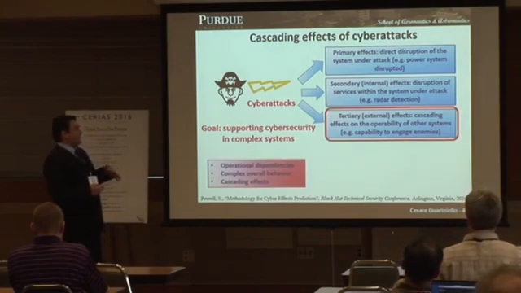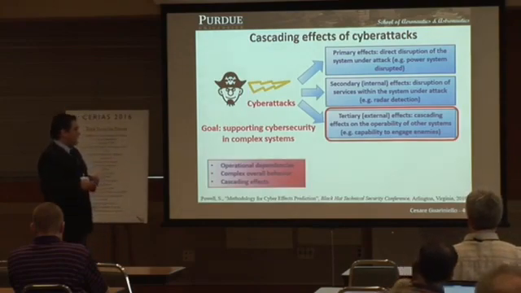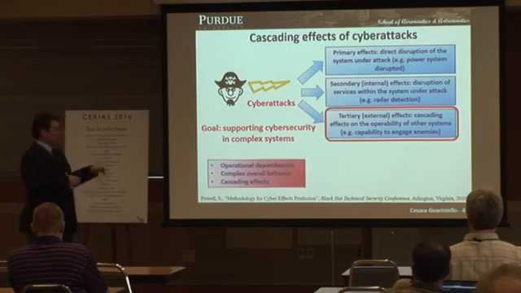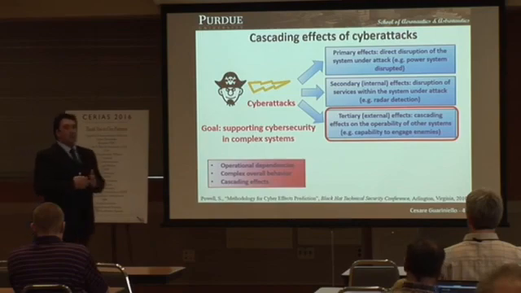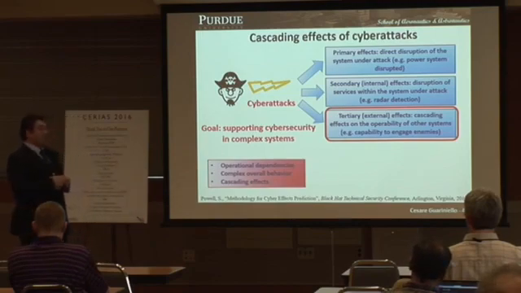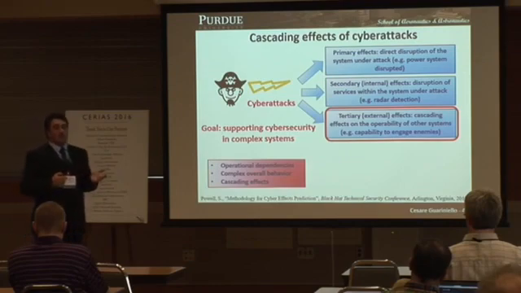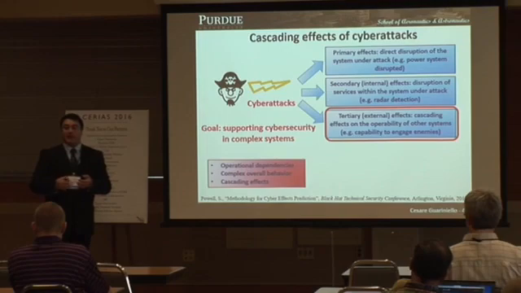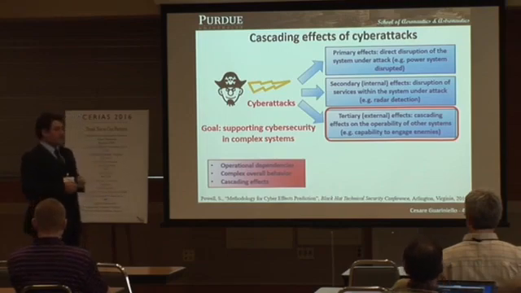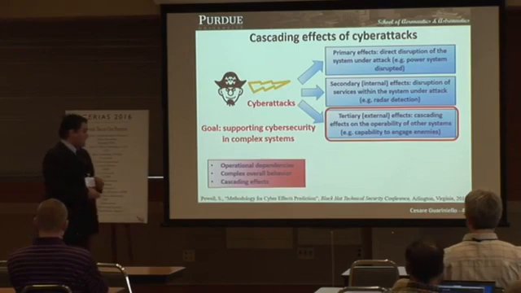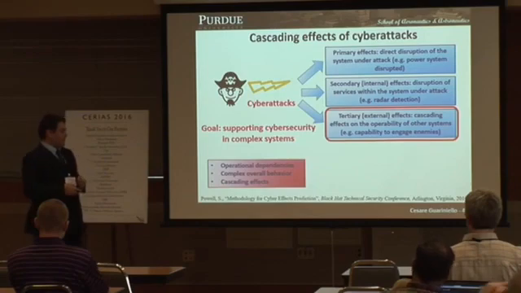These tertiary effects come out of three features of complex systems. I don't think you can see it in the back, so I will read it out: operational dependencies between the systems we're dealing with, and complex overall behavior that is not easy to understand. Sometimes there's some propagating effect that we didn't even consider, due to some emergent behavior in our complex systems. So we need to also analyze what these cascading effects are.